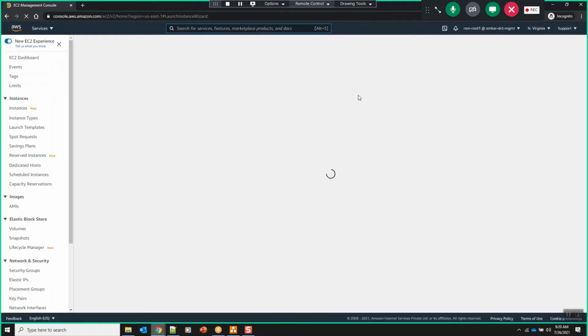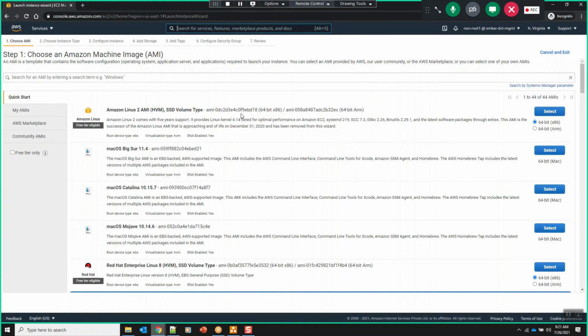Like if they charge $5 for one service, the same service in a different region, they may charge something like $4 or $4.5, because AWS initially started with this region, and usually AWS charges a lower amount than in the other regions. So that's the reason I have chosen the North Virginia region.